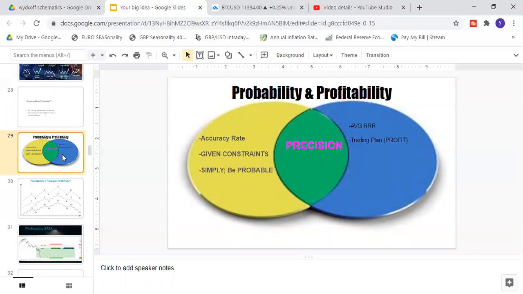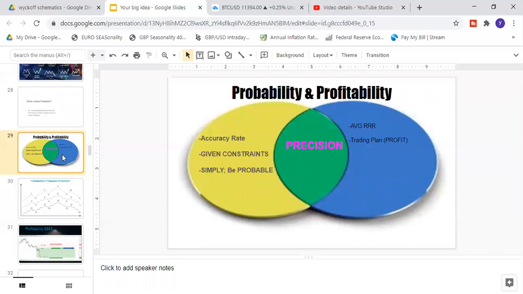We've talked about probability. It's the mathematics involved in terms of probability for this profession, dealing with your accuracy rate, right? You want to win 5 out of 10. That's a 50% accuracy rate, and I think that's fair, right? You'll never win 10 out of 10. Those are your given constraints. And yet, even if people are told that, they go through what I call the probability phase or the insanity phase, where